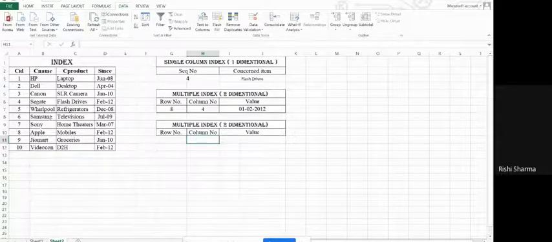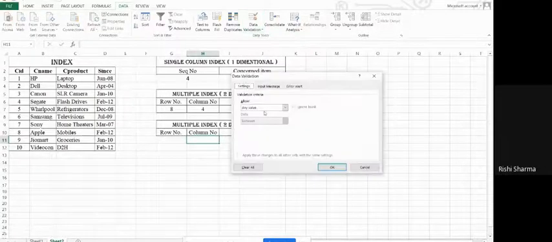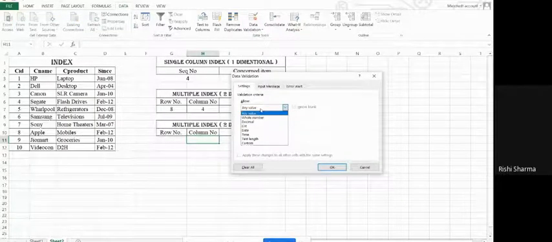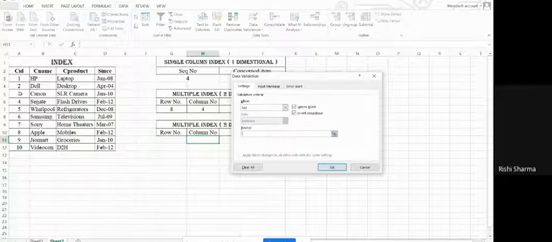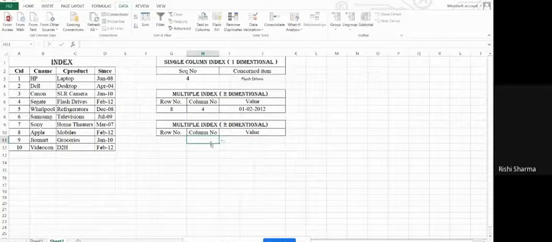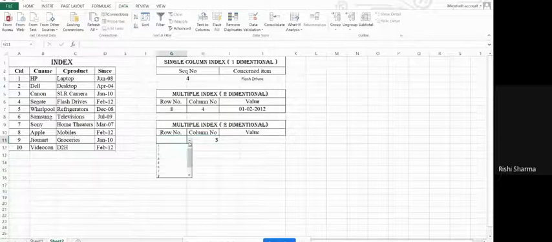So what I will do, I will again go to data validation. It's up to me which column I want to select. Data validation, and I want to select, which one do I want to select? 1, 2, 3, the third one. So I will just click on that and click OK. So if you see in the drop-down box, I will only see one option, that is 3. So I am only selecting this particular column, and the rows I am selecting are all of them. This is also a 2-dimensional array now.